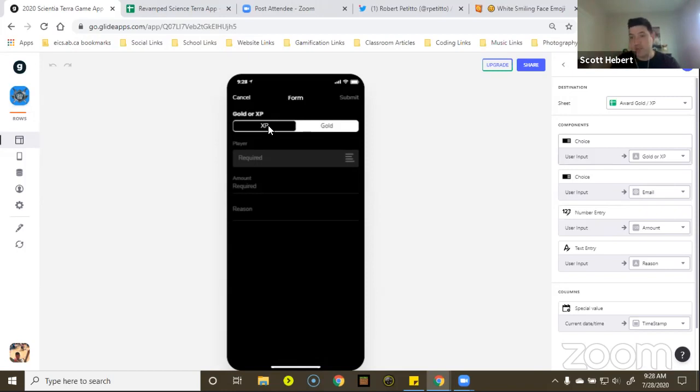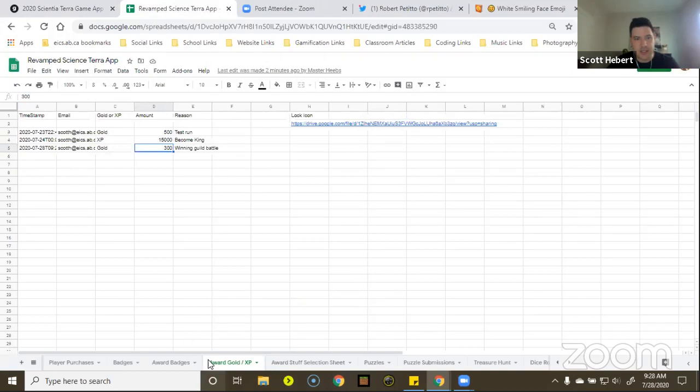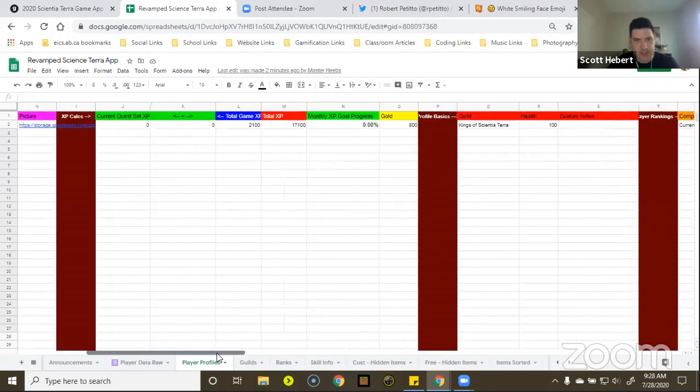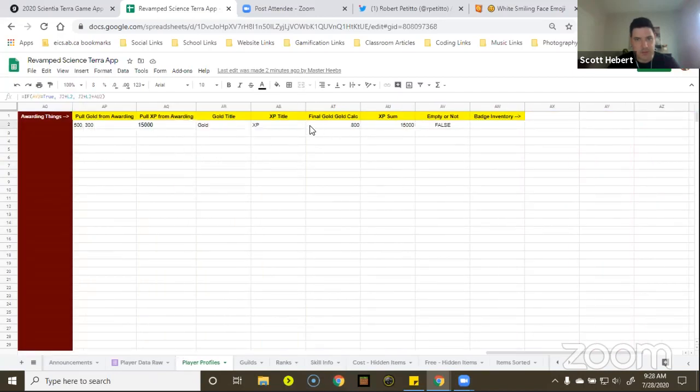So the cool part with XP here is, if you remember earlier, I said you have game XP and then you have your graded XP. So this is where if you were to use a purge card, I could say, XP minus 500 from a player. And then in the Google Sheet, it goes into this XP total from here.